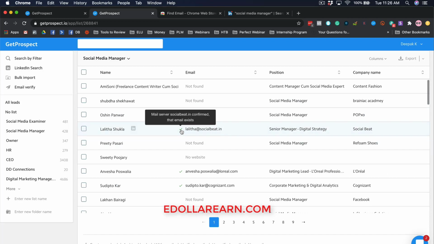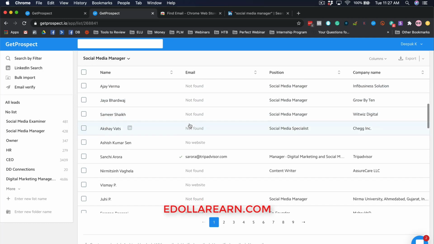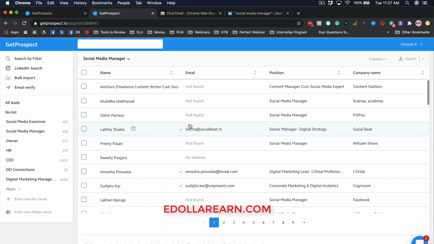Here it will also verify the email IDs. You would have noticed that when we did email ID search in Snov.io, it would first collect all the email IDs, and then it would tell us whether the email IDs are valid or not. And here it will only show the email IDs if they are valid, and you can then go ahead and reach out to them.